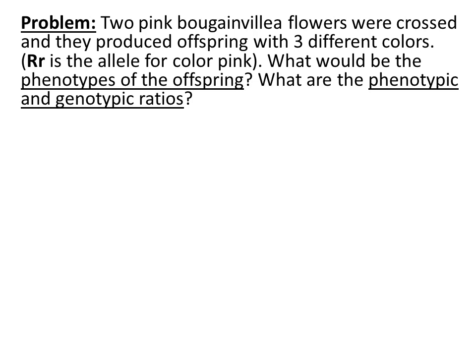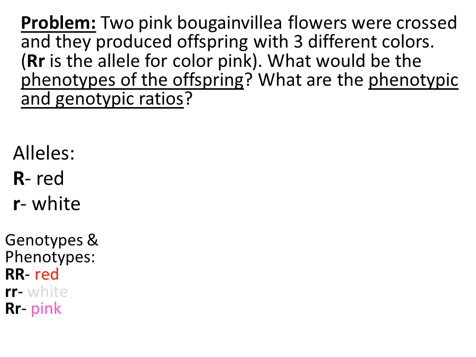So let us solve this problem. Again, you should know your alleles. You assign capital R for red, small r for white. For their genotypes, big R, its phenotype is red. Genotype small r, phenotype is white. Genotype big R, small r, the phenotype is pink. It's the blending of red and white. Now let us go back to the problem. It says here you are going to cross pink with another pink.